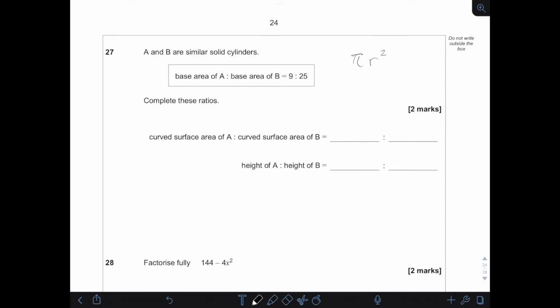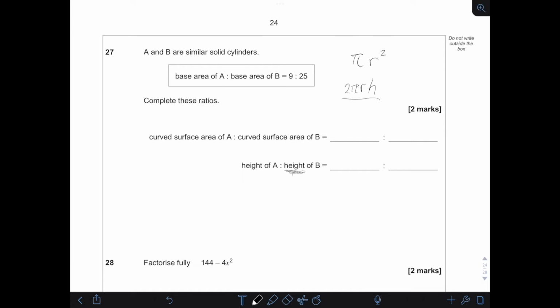To complete the ratio, we want to know the linear relationship of A and B to get the height relationship, and the curved surface area is 2 pi rh as the value